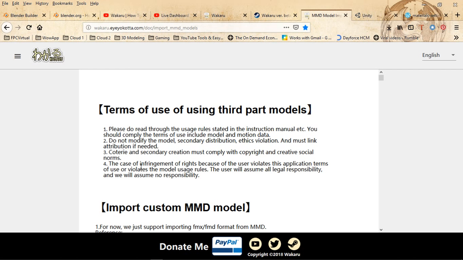Just read the terms so you can understand the rules. Now, you can also get into learning about MMD. Like I said, you go through the MMD model, they have a forum on DeviantArt for MMD. Once you do your research and you start finding more and more documentation, you're going to run into tons of